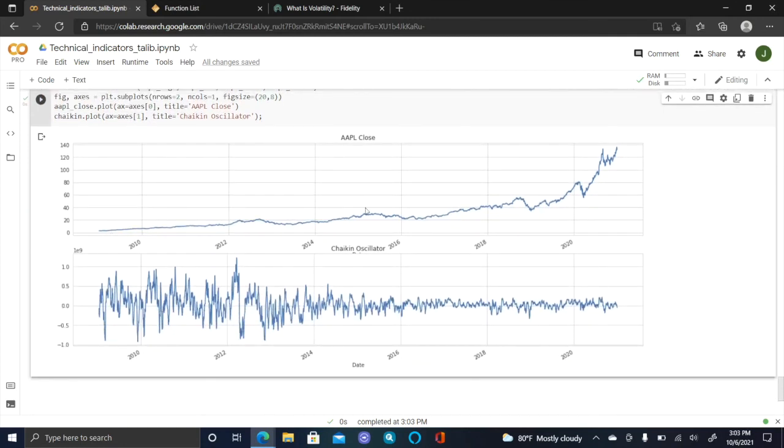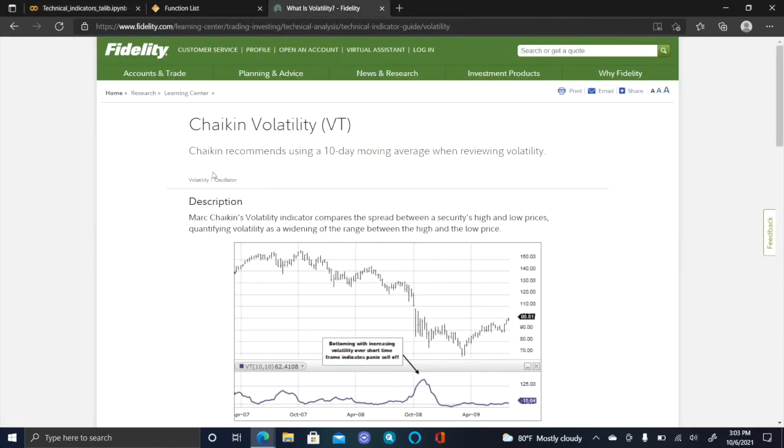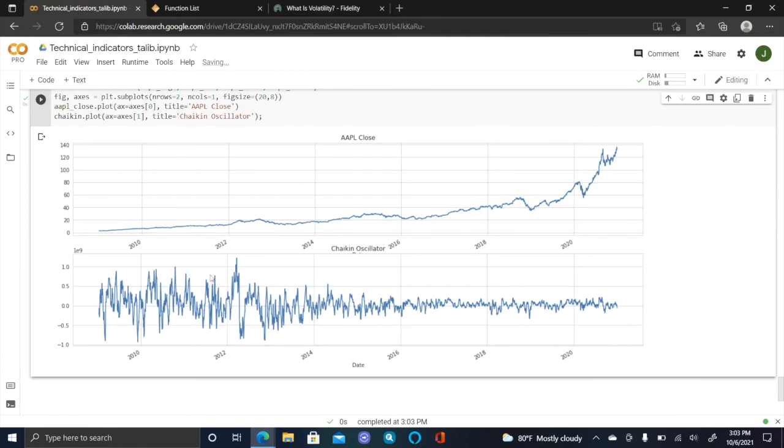All right, so this is what it looks like. You can see the Apple close as before. And look at this oscillator. It's really high up here, and then it goes down. And if you read this whole article on the Fidelity Learning Center about this oscillator, what this tells us is that at first, investors weren't really sure about Apple, so there was relatively a lot of up and down price movement. But further down here, whenever the volatility gets lower, that kind of means that we've matured into this bullish